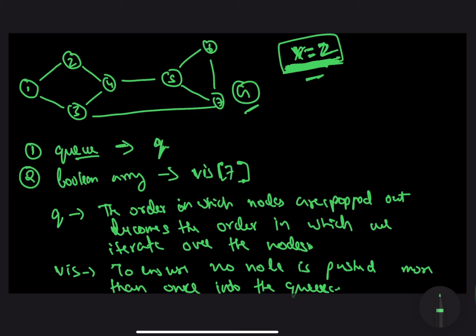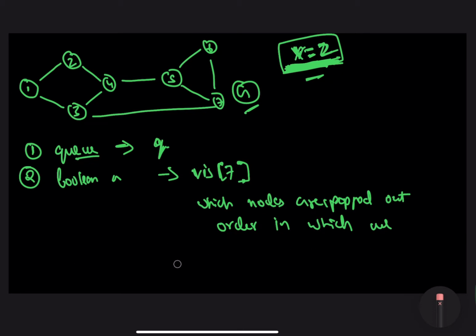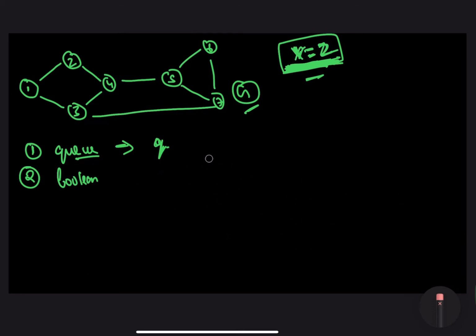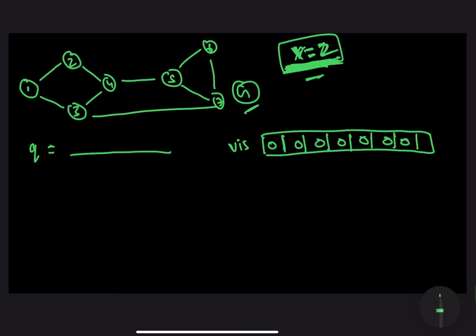Now let's initialize our dependencies first, and then we will get into the actual algorithm. Let me make some space over here. Alright, the first thing that we would need is a queue. Let's say that this is our queue in here. The second thing that we would need is a visited array. Since the number of nodes is equal to 7, the size of the array should be equal to 7, and we will initialize it with 0. So that's our visited array over here.